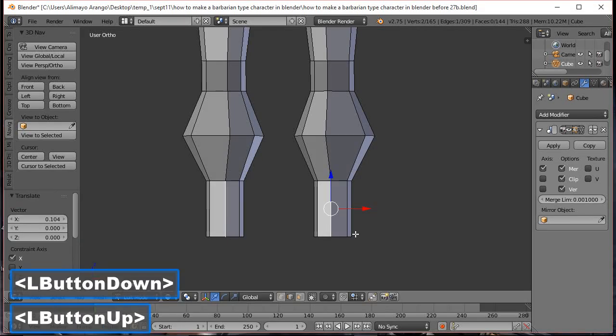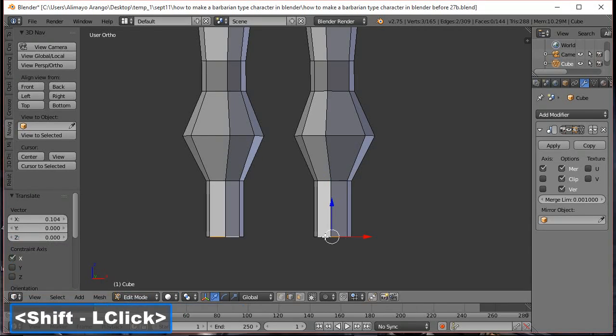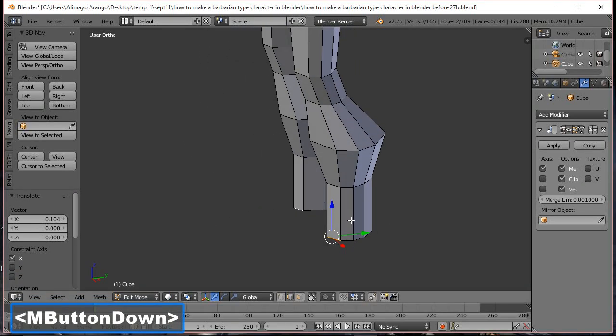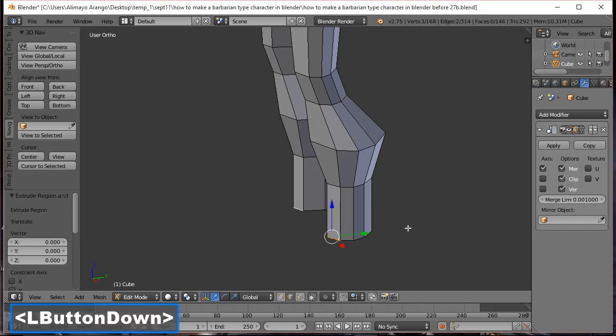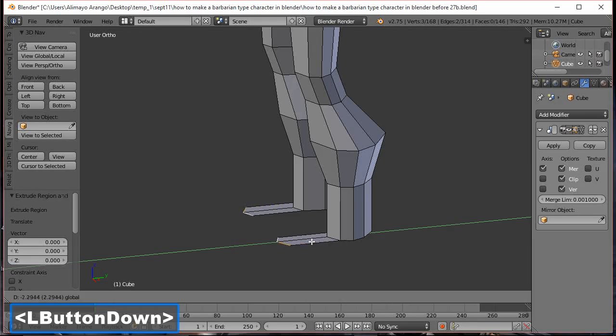We're going to pull this over slightly. We're going to select here, hold Shift and select here. Hold the middle mouse button and turn to the side. We're going to press E to extrude and then left click to lock in. Doesn't look like we did anything, but we created new geometry right on top of the old geometry. There's two new edges. Because we have two new edges, we can now take our modifier and push out